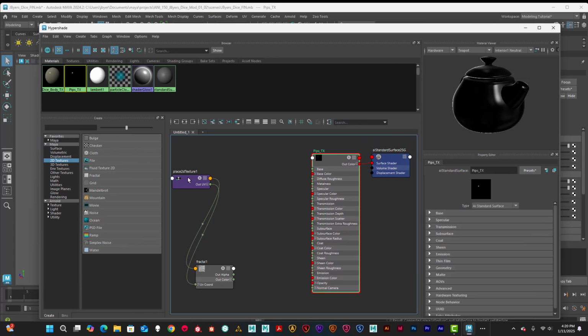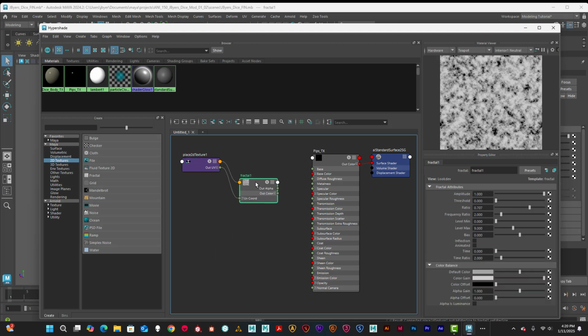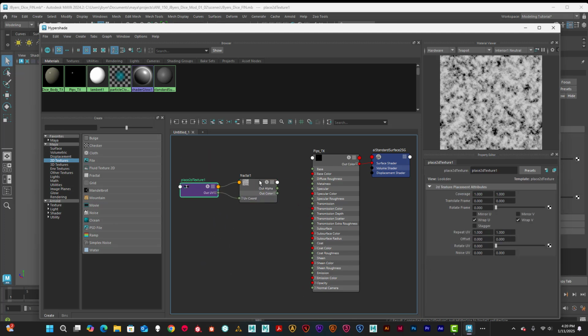So we've got the texture, okay, the place 2D texture. So basically, if I click on that, I can go over to the right hand side and repeat it, make it smaller. If I go to 0.5 or 2, I'd have to kind of play with it to see which way it goes. But your out